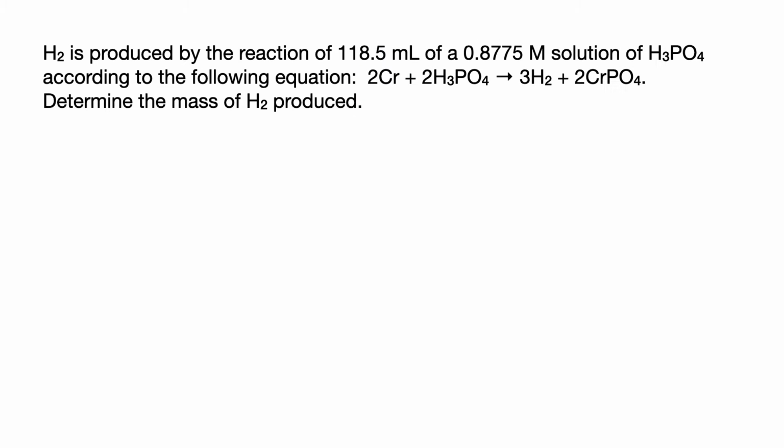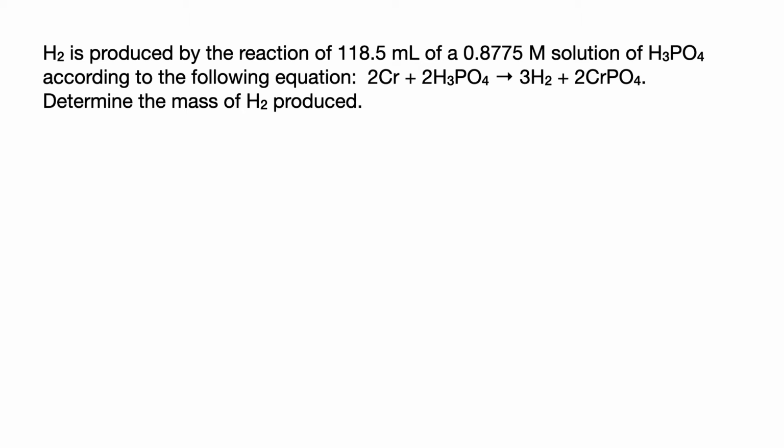So the first reaction I want to look at is described in this problem. Hydrogen is produced by the reaction of 118.5 milliliters of a 0.8775 molar solution of H3PO4, according to the following equation. 2 Cr plus 2 H3PO4 goes to 3 H2 plus 2 CrPO4, and we want to determine the mass of